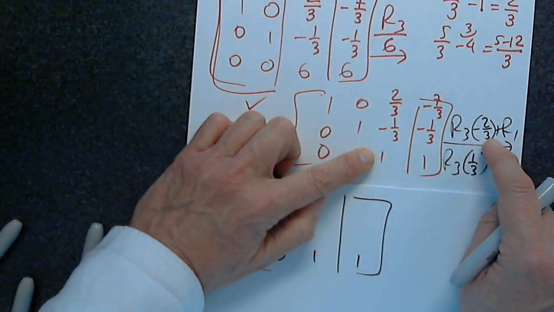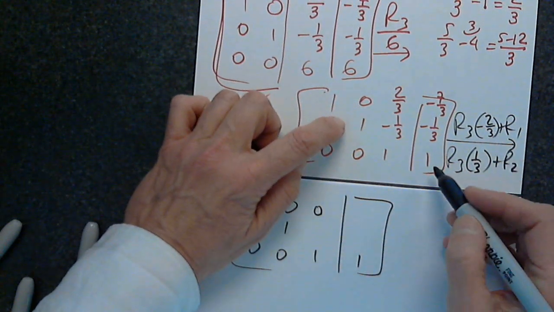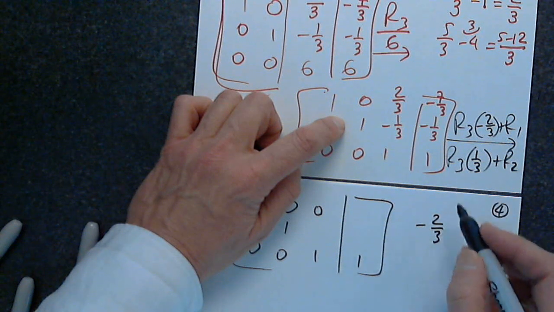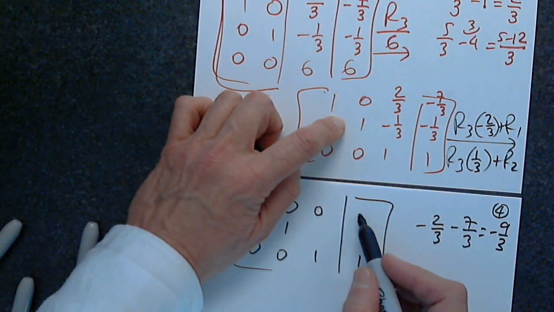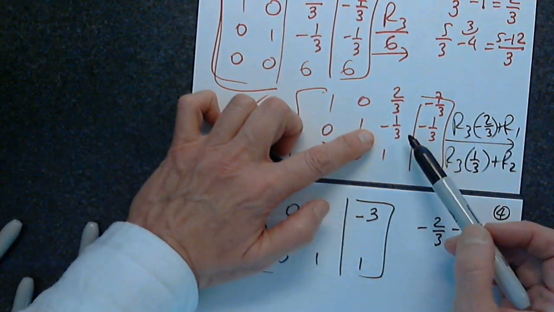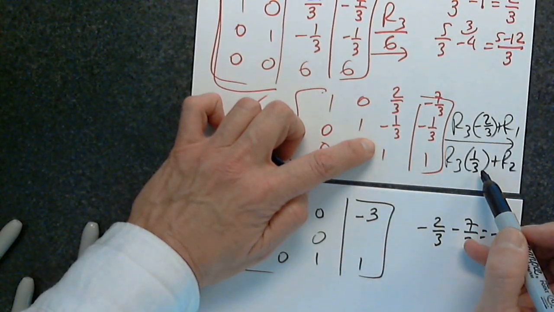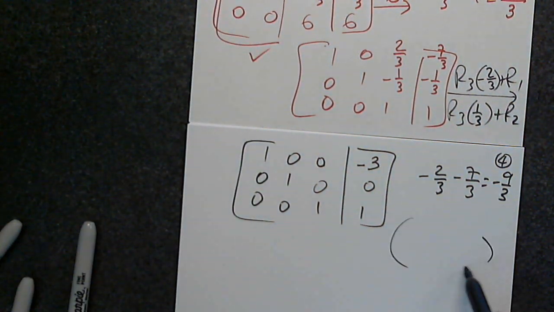1 times negative 2/3 plus 2/3. 1 times negative 2/3, that's negative 2/3, and minus 7/3 is negative 9/3, which is very good. 1 times 1/3 minus 1/3. So the solution appears to be, we can't be certain just yet, it appears to be